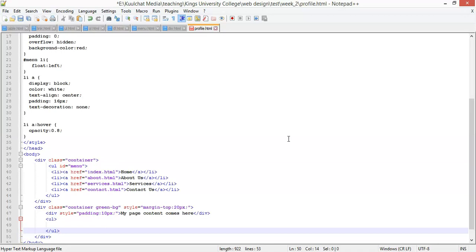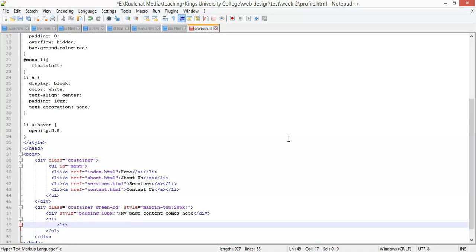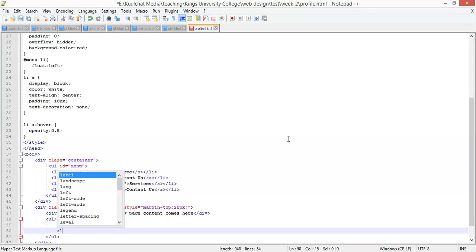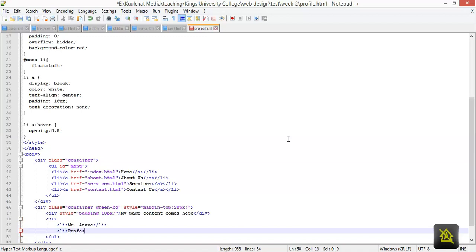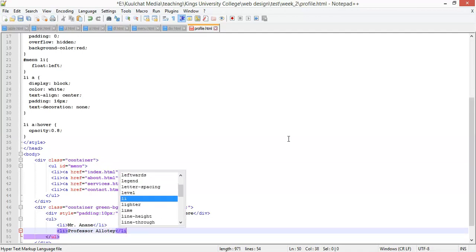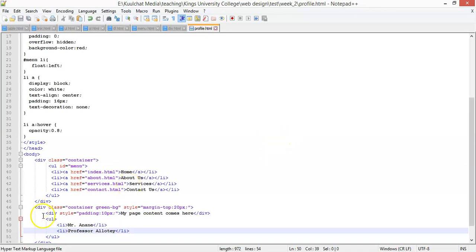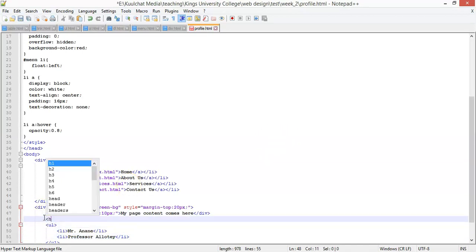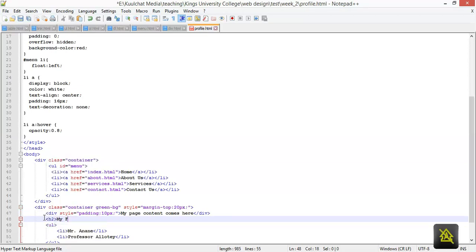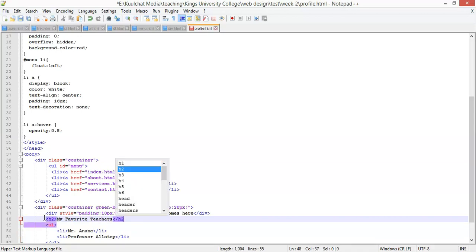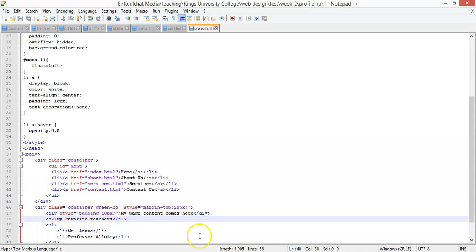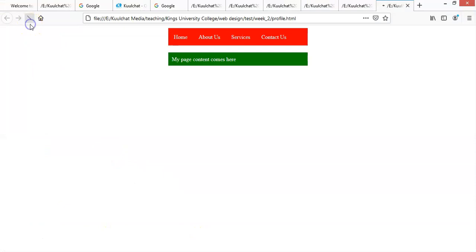I close it, and I have li, maybe the same with my favorite teacher. So let's say I wrote Mr. Anani, and I close it. I have li, Mr. Alote or Professor Alote, okay, and I close it. Okay, and maybe I put the heading here, H2, my favorite teachers, end of H2. Okay, so now if I refresh it, okay,